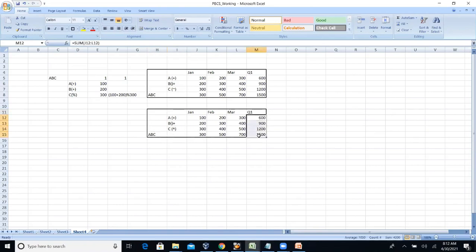How it will work is, here 300 comes to the parent, 500 comes to the parent, 700 comes to the parent. Okay. Here as usual 600 comes to the parent, 900 comes to the parent. Here it won't allow aggregation. So for any cap member, if you put a cap member here, it won't allow calculation. But in ignore, it will allow calculation here. Okay.